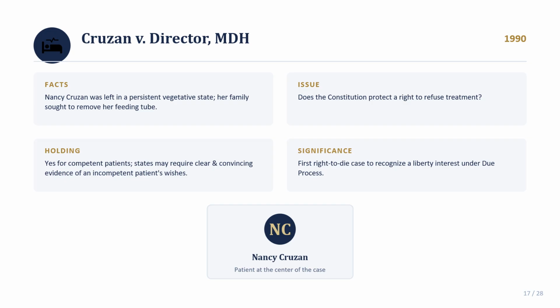Okay, so I want to draw out a structural feature of this holding that matters enormously for everything that follows today. Cruzan protects a right to refuse treatment, meaning a right to decline something being done to you. It does not establish any right to demand a particular treatment. And as we'll see later in this lecture, it does not establish any right to affirmative assistance in ending one's life.